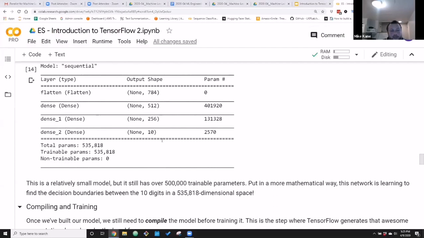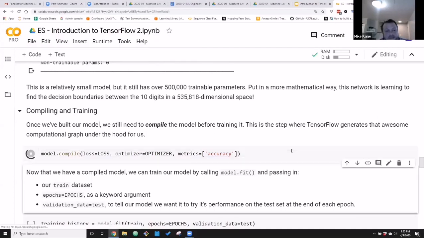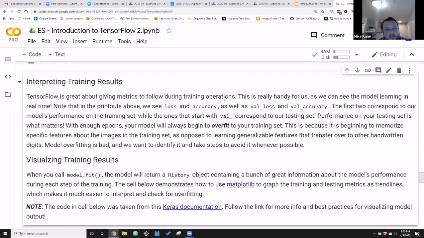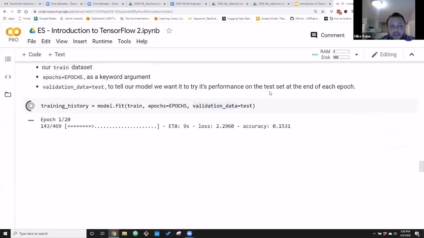So let's run through this here and keep on track. We're going to compile that model, but very good question, Subasis. Thank you for that. We're going to compile that and then we're going to run it. Now, this is the fun part, okay? When you see it doing this, that means that your code worked. It doesn't necessarily mean that it worked well or that it's going to do well, but it means that at least it compiles, or it runs.